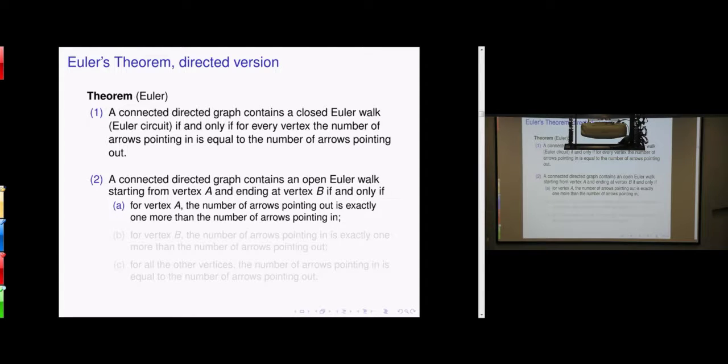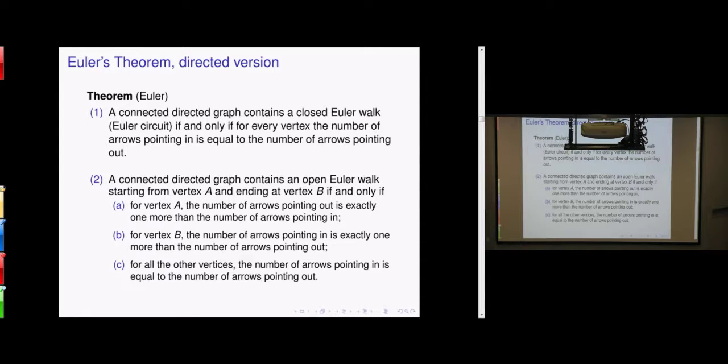Now there's a version for the Euler walk, so you can start from A and end up at B. Okay, so let's read it. A connected directed graph contains an open Euler walk, starting from vertex A and ending at vertex B, if and only if there are three conditions. One is for A, the starting point. For vertex A, the number of arrows pointing out is exactly one more than the number of arrows pointing in, right? Because you